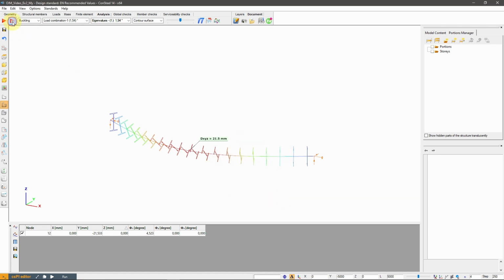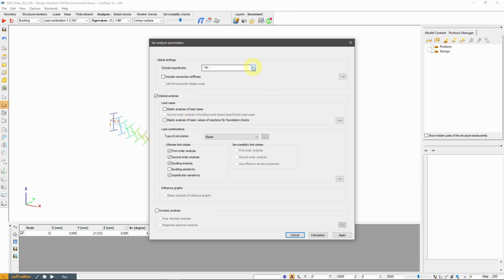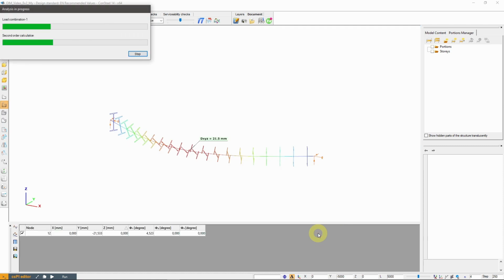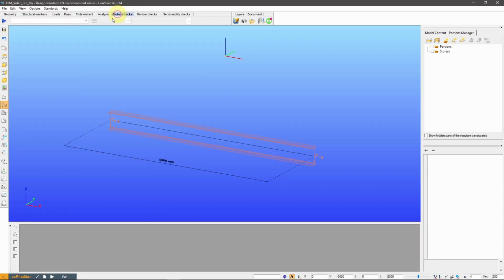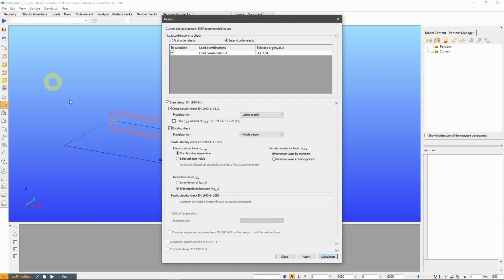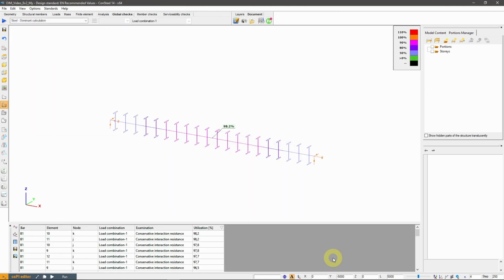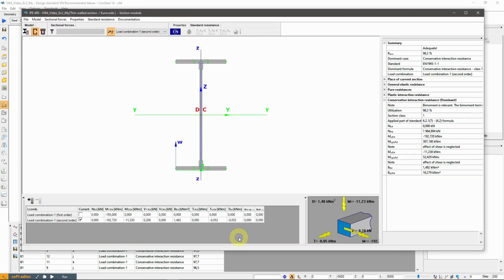Let's run it again with the imperfection, and then the design. The result now is 98%, and we can see the additional second-order internal forces.